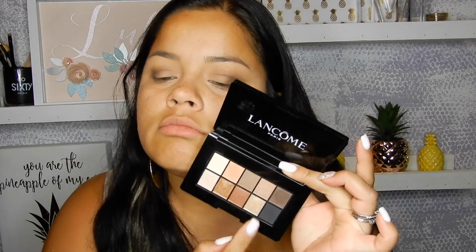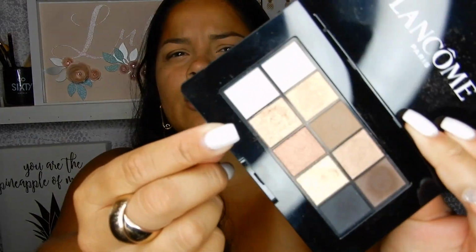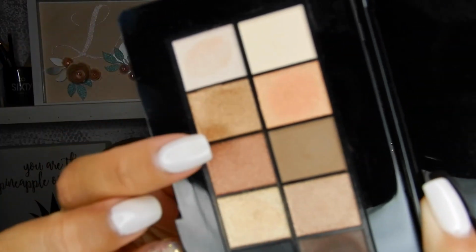Now with our lovely fingers, we're going to use the gold shade. Actually no, we're gonna do this shade first. This is like a dark gold, darker gold, I would say. And this one I'm gonna do in the middle of my bottom eyelid, and I'm just gonna tap it very lightly. These colors are very pigmented, so you guys need to start very slowly. Just dab it with your fingers